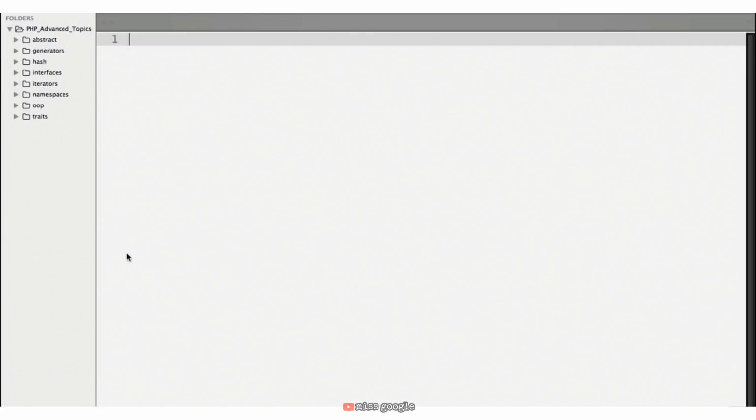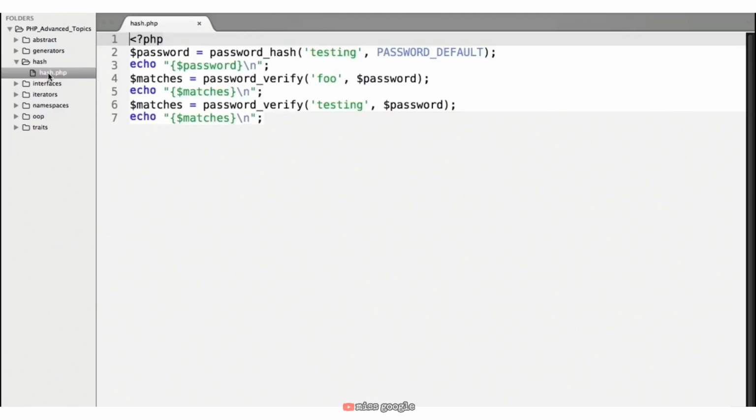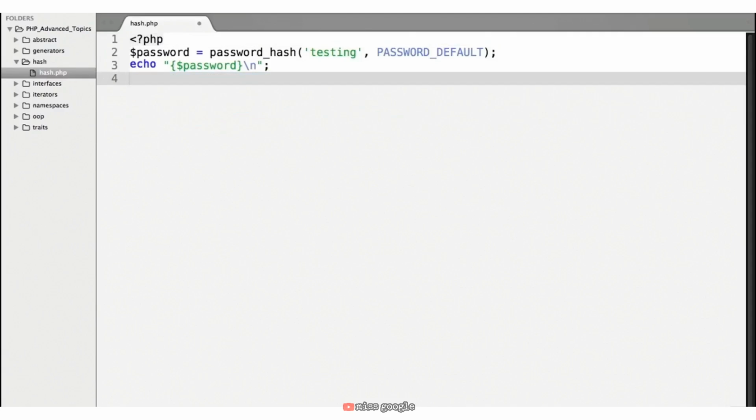Let's open up our hash.php file in the hash directory. First, we're going to leave lines 1, 2, and 3 alone, and we're going to erase everything else. At this point, envision our database is providing that password variable. Okay, so this is the value we have in our database, and this is our out-of-date hash that we need to update. What happens next is we call a method password needs rehash, which takes our hashed password and the